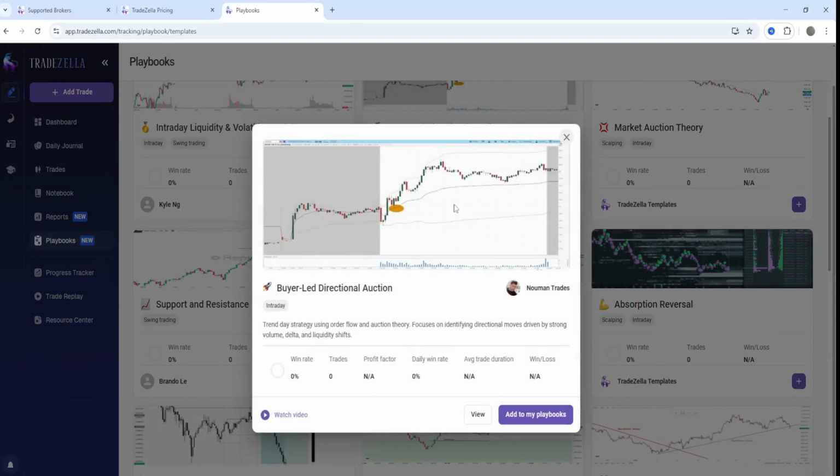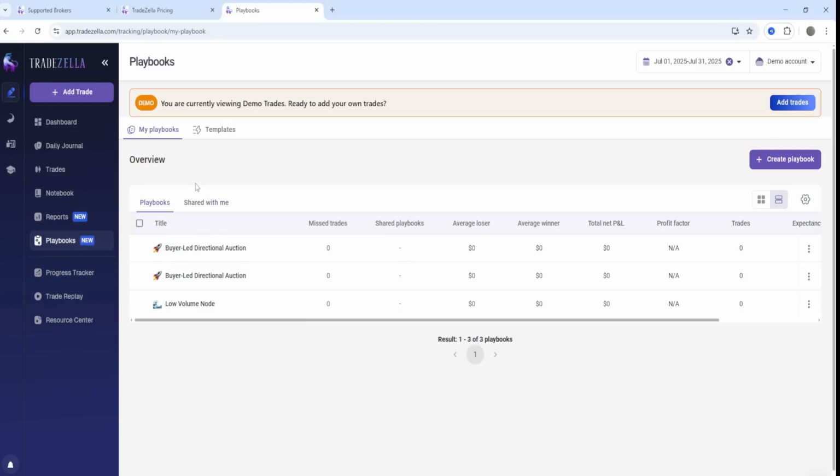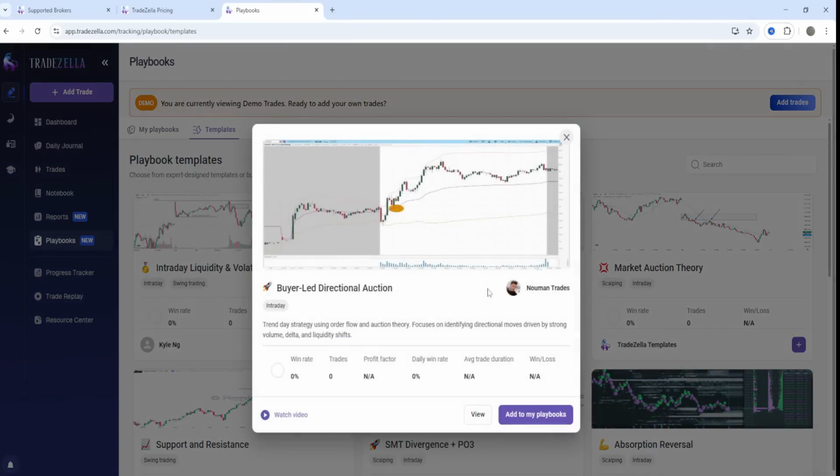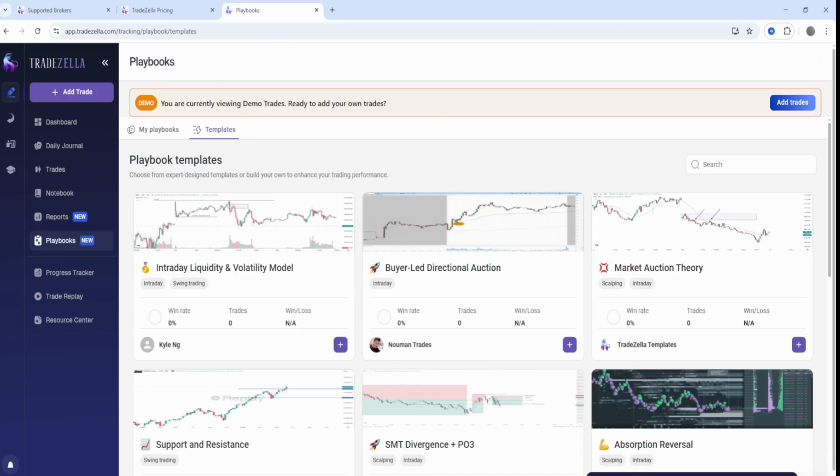So let's just go ahead and do this one. We can watch the video to get more information on the playbook. And we can also view the playbook first if we'd like. Then if we go back to the playbooks, view the templates, we can just choose this and add this to my playbook section. And you can see the playbook is going to be added. In this case, I obviously have 3 already,